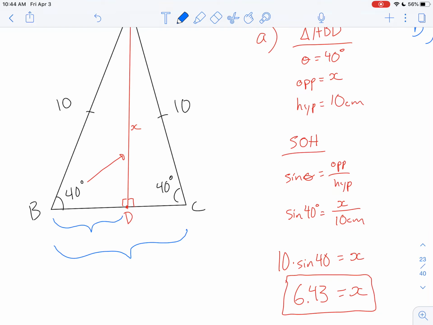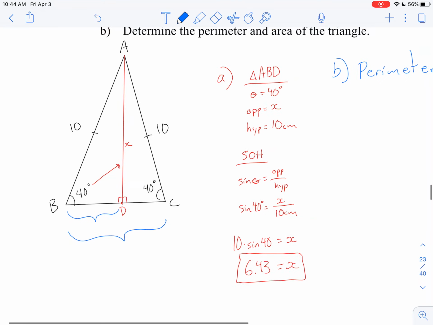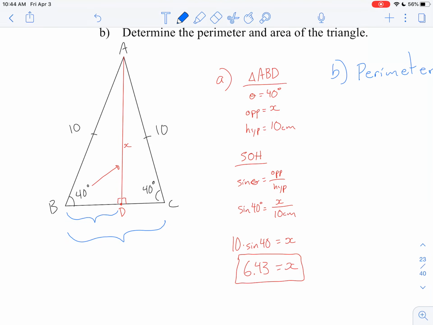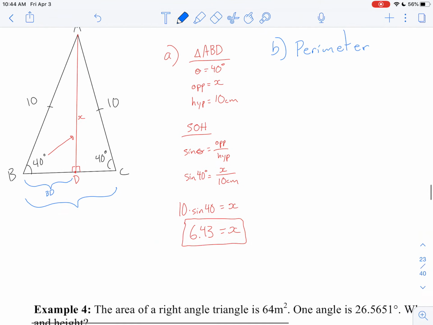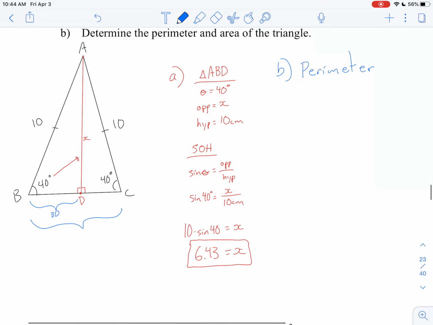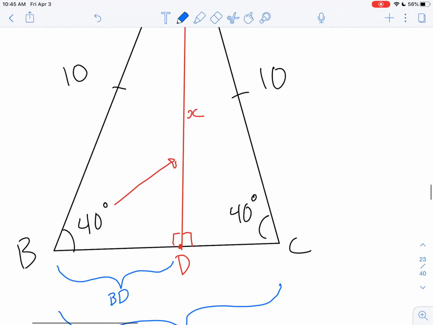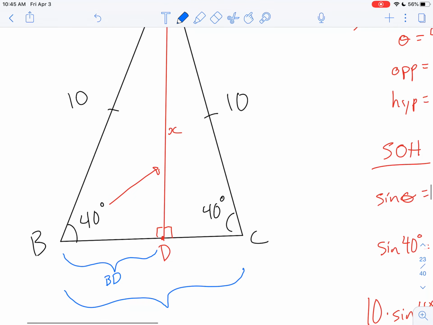I'm going to choose not to use the Pythagorean theorem just because that 6.43 is a rounded value. If I can avoid using 6.43 in another measurement, it's just going to make my answer a little more accurate, because that 6.43 is pretty heavily rounded. So if we can avoid using it, go ahead and avoid using it. If it's the only option, then obviously we can use it. So I'm going to avoid using 6.43, so I'm not going to use the Pythagorean theorem, and I'm going to take